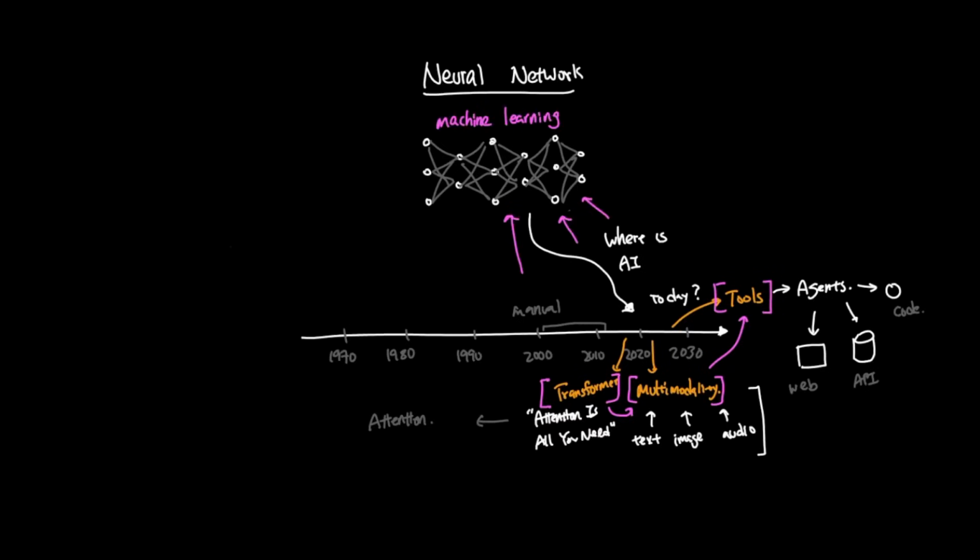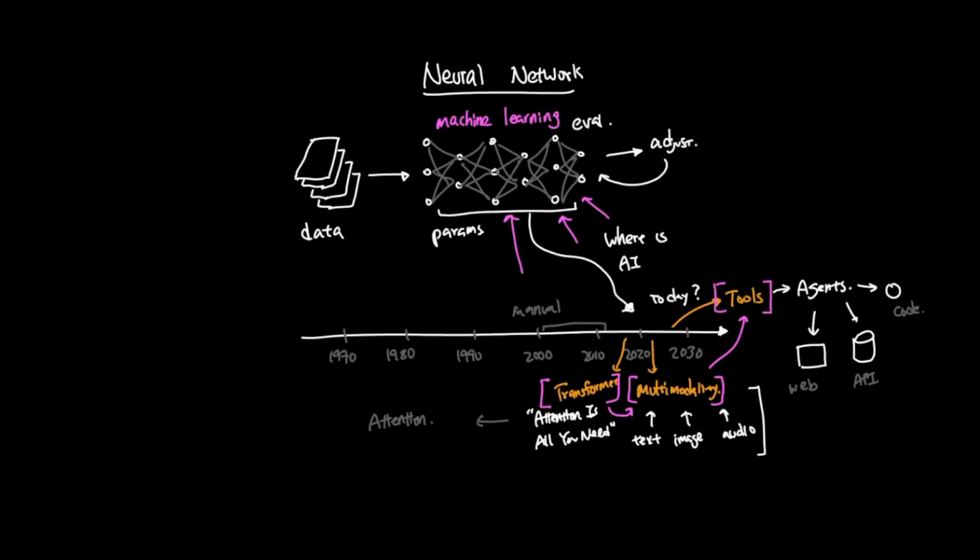But underneath all of this, the foundation is still machine learning. A model learns from data, its behavior is shaped by parameters, training adjusts those parameters, and evaluation tells us whether the model is useful. So even when modern AI feels like magic, the core ideas are the same ones we have been building up all this time. Machine learning is a process of using data to train models that can make useful predictions on new inputs. Modern AI is what happens when those models become much larger, train on much broader data, and get connected to tools that let them do more useful work.